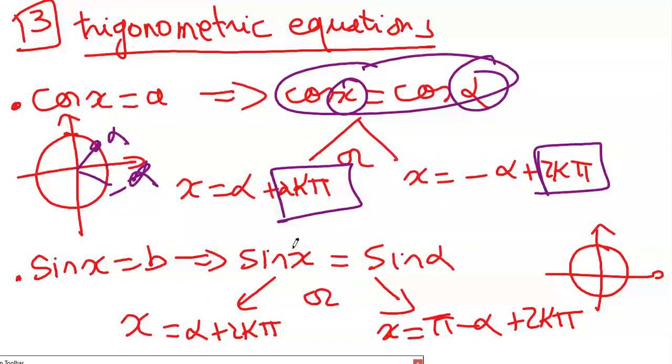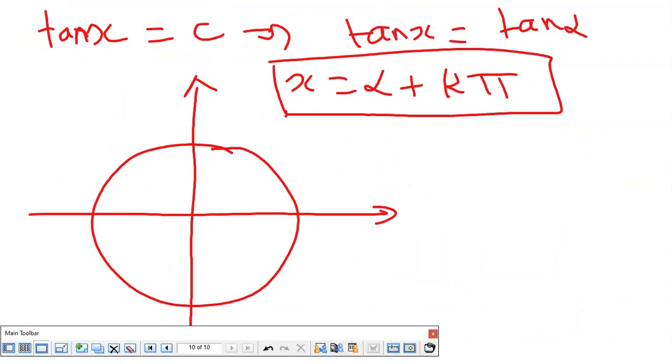When I'm solving sine, the angles are equal if it's alpha and pi minus alpha. Just this angle here and pi minus alpha, both have the same sine. Look at it, it's here. So when I'm solving an equation with sine, it's alpha plus 2k pi or pi minus alpha plus 2k pi. You're going to see this more in the application. And when I'm doing tangent, it's just alpha plus k pi. Why? Because guys, if you are here or here,